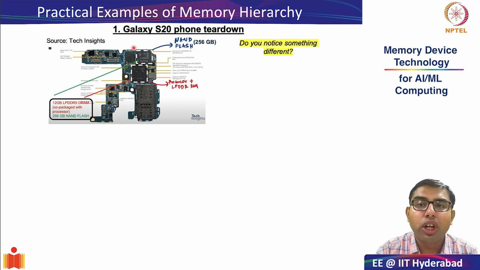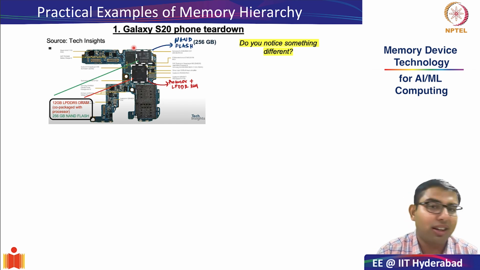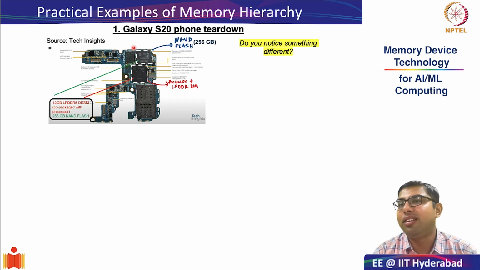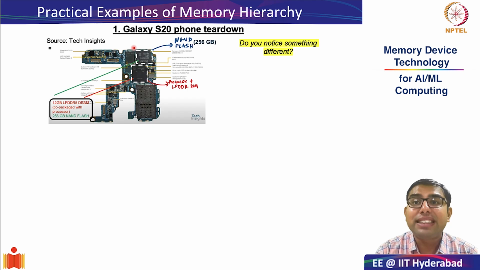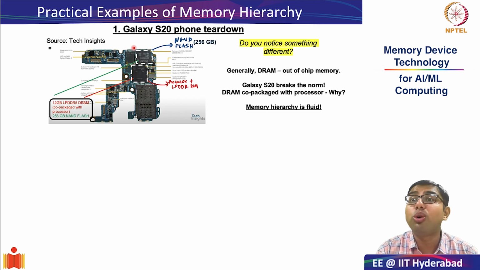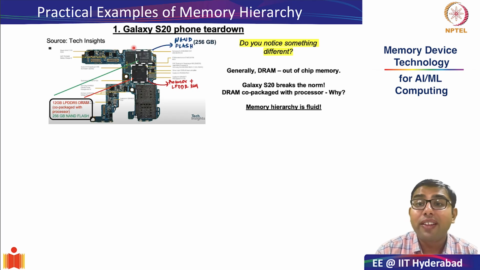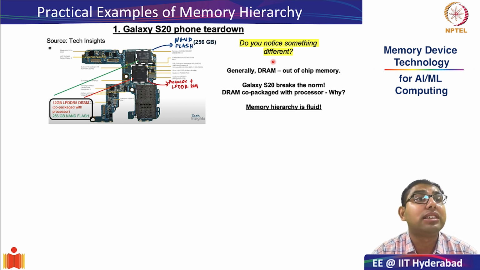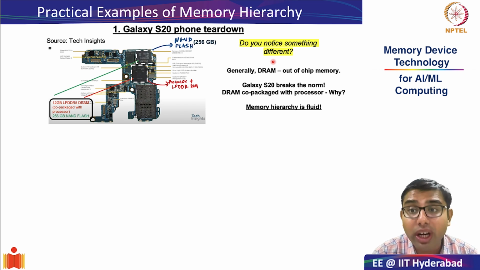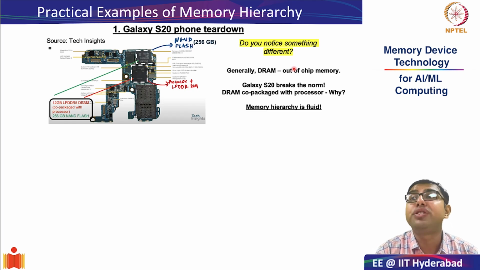So, in this kind of arrangement in the motherboard, do you notice something which is deviant? Some concept which is deviant from what we have been discussing till now. Please take a moment to pause, to think about this and see that there is something off or something different from what we have been discussing. And if you have been following the course very carefully, you will know that since we discussed that DRAM consists of one transistor, one capacitor technology, they are fabricated in different foundries, it is generally off-chip memory. It is not on-chip memory.